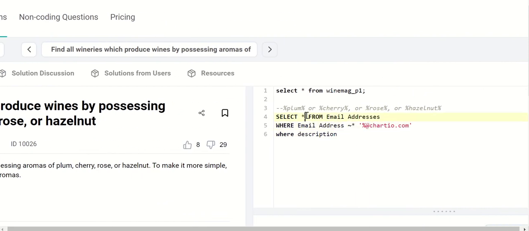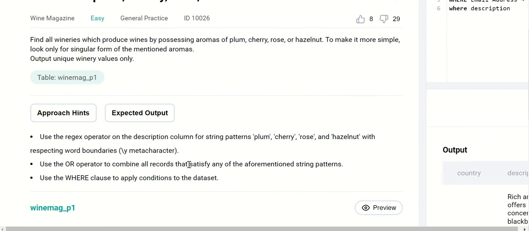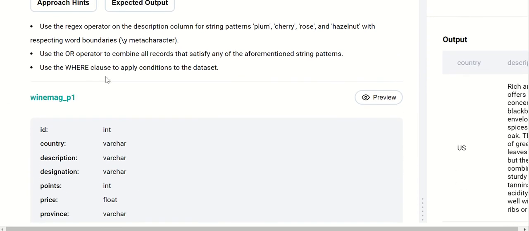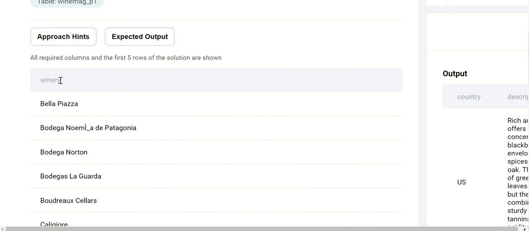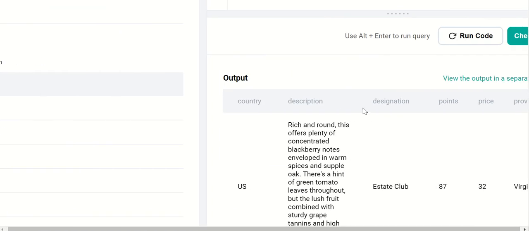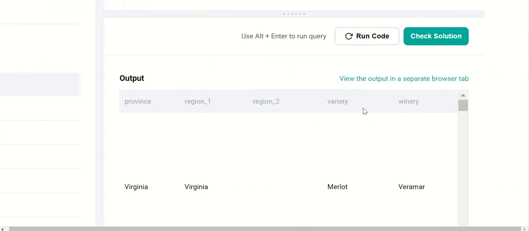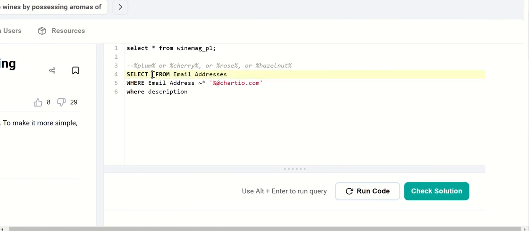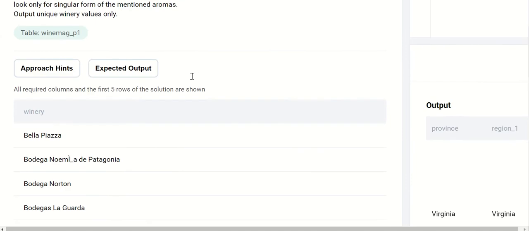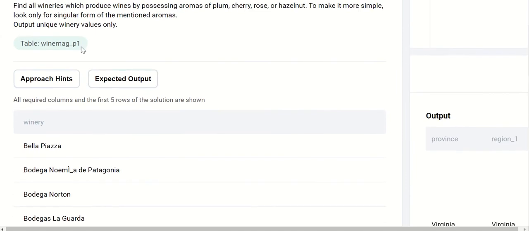Select, we need to select just this column, winery. Yeah, the very last column. Select the last column from Wine Mag page 1